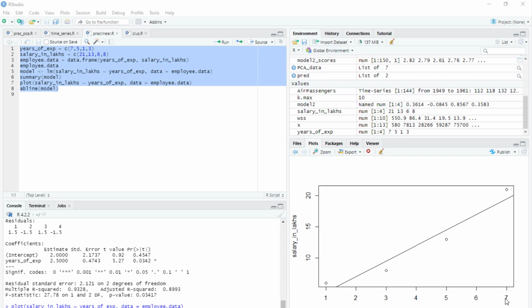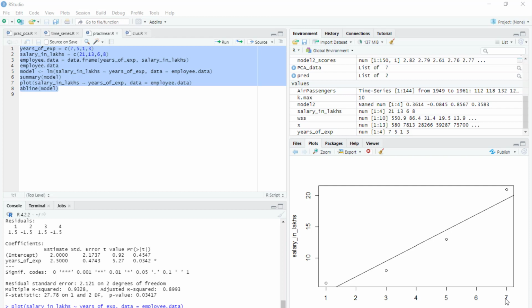Now see, before we start with simple linear regression, we have to understand what is linear regression. A commonly used type of predictive analysis is linear regression. It is basically a statistical approach where we can model the relationship between a dependent variable and a given set of independent variables. Now see, there are two types of linear regression. One is simple linear and the other is multilinear regression. In this practical we will understand the simple linear concept.